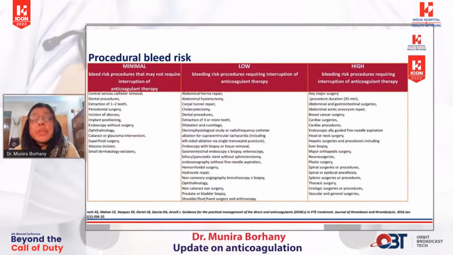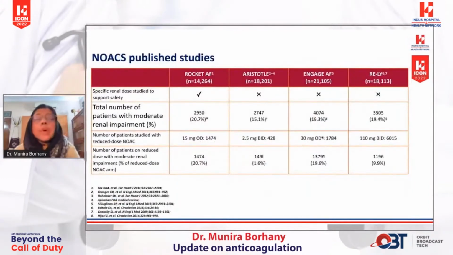प्रोसीजर ब्लीडिंग रिस्क हमेशा होता है, और स्पेशली जब हमारे पेशेंट्स कोई भी एंटीकोगुलेशन थेरेपी लेते हैं, वहां हमें पता है कि वहां ब्लीडिंग का रिस्क हो सकता है, और आपने ये देखना है कि ब्लीडिंग का रिस्क कितना है ड्यूरिंग द एंटीकोगुलेशन थेरेपी। जब रिस्क मिनिमल हो तो वहां पे एंटीकोगुलेंट थेरेपी की इंटरप्शन की जरूरत नहीं होती। जहां ब्लीडिंग रिस्क लो हो तो वहां आप टेम्परेरी एंटीकोगुलेंट थेरेपी को होल्ड करते हैं, और जहां पे ब्लीडिंग रिस्क ज्यादा होगा वहां इंटरप्शन करने की जरूरत है फॉर द प्रोसीजर। जब भी प्रोसीजर हो जाए देन वी स्टार्ट विद द एंटीकोगुलेशन थेरेपी एज सून एज पेशेंट का हीमोस्टेसिस अचीव हो गया, पेशेंट स्टेबल है और ब्लीडिंग नहीं होगी।